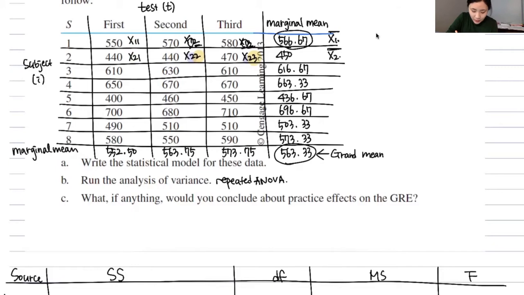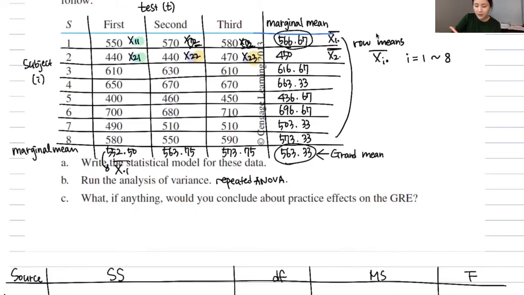We can see the column number is the same. However, the row number is different. We can rewrite this as X dot 1 bar. To generalize, we can rewrite row means as Xi dot bar, where i is 1 through 8 because